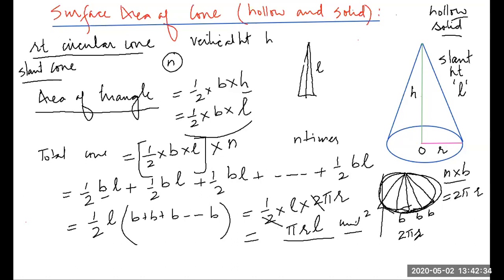Now guys, very quickly we can do the surface area of a solid cone also. In the case of a solid cone, the area of the bottom circle will also come. So the total surface area would be equal to pi r l plus pi